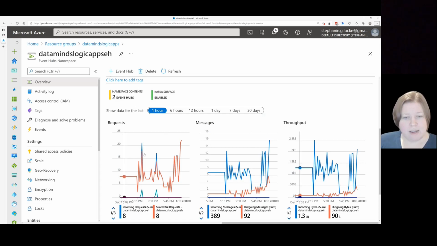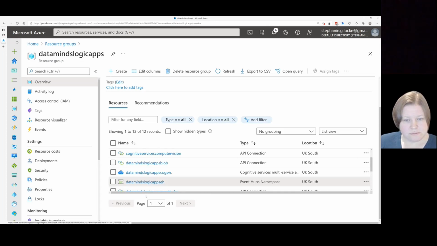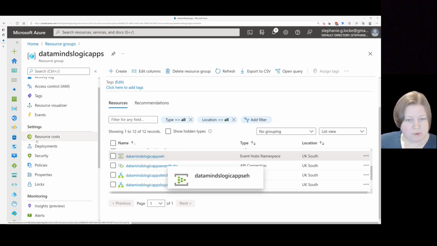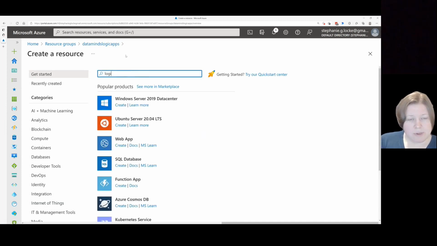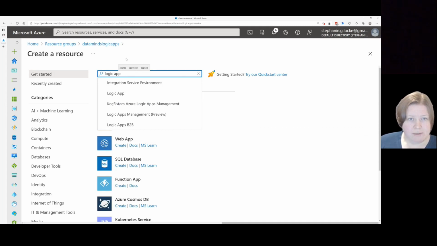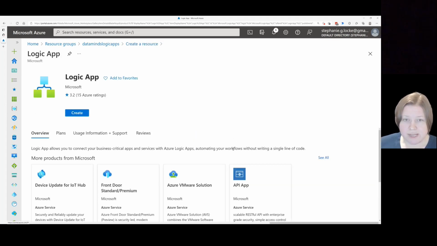So now that we have our events happening in our system, I'm going to build a new logic app. I'm building these in a decoupled way, so each logic app performs a discrete task. The idea is that by modularizing the scopes of what each solution does, we can switch them out. Logic apps have a pay-as-you-go execution model,